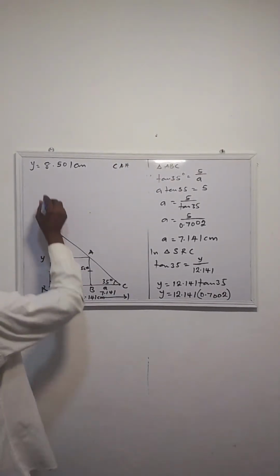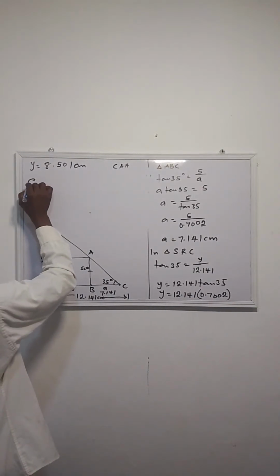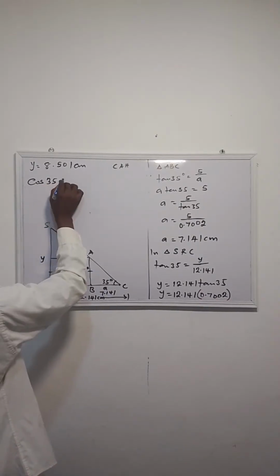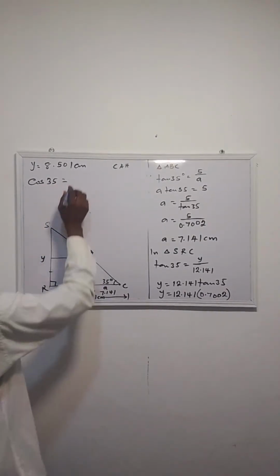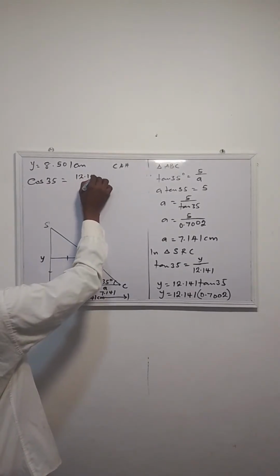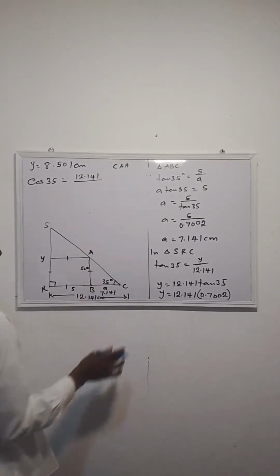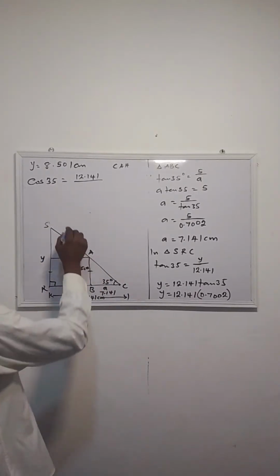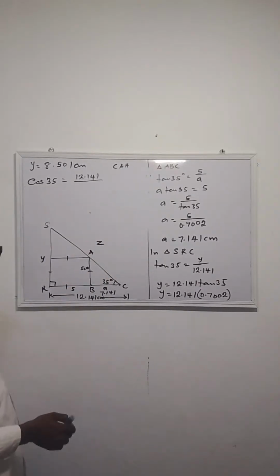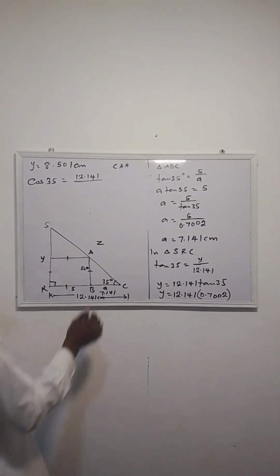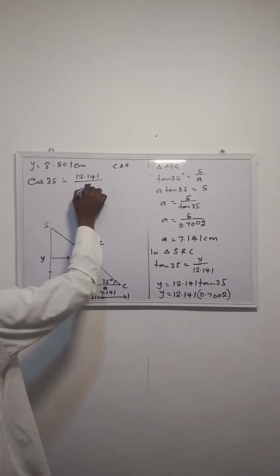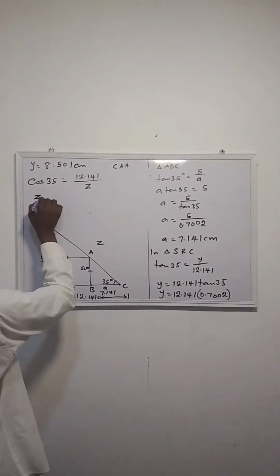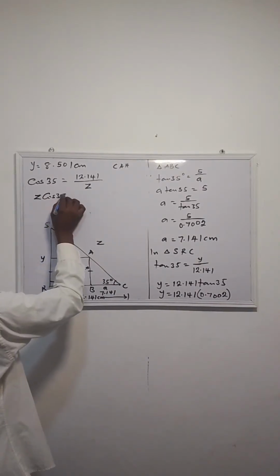All right. So we have cos 35 equals adjacent 12.141 over hypotenuse. Hypotenuse is what we are looking for. Now let's call this hypotenuse Z. All right, so now we have over Z. So we can cross multiply now. So we have Z cos 35 equals